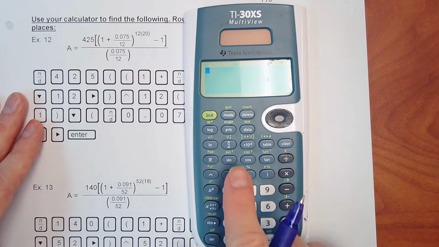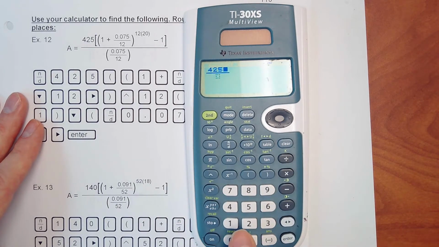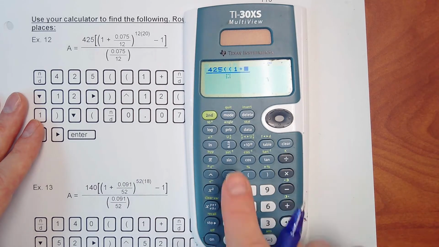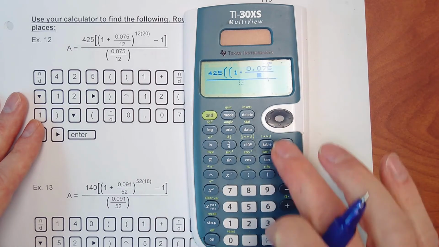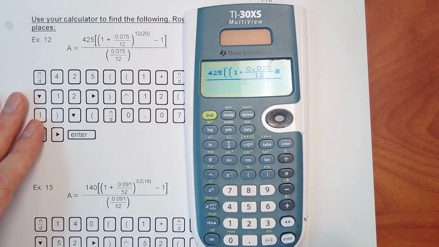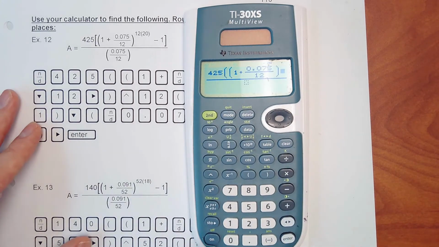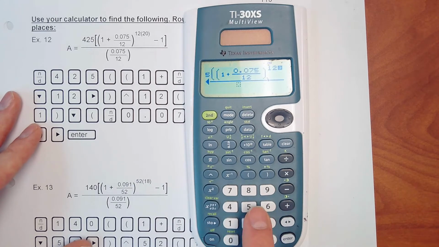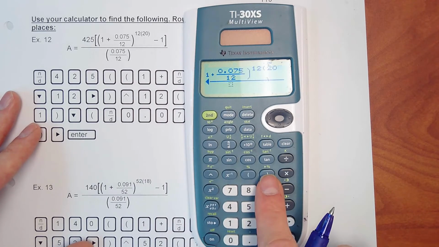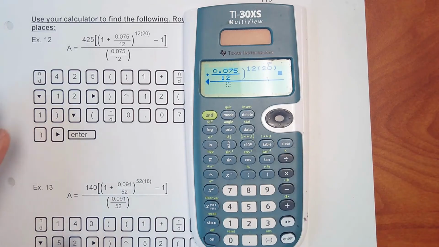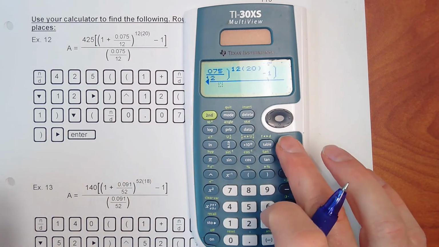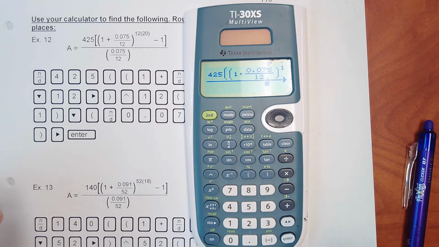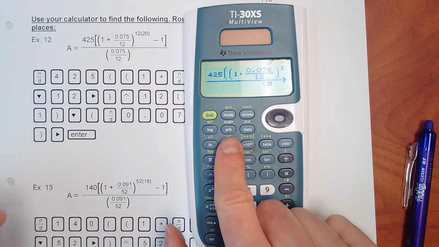Alright, so again, I'm going to do my fraction key, 425, parentheses, parentheses, 1 plus, fraction key, 0.075, down arrow, 12, right arrow, close her off, caret key, 12, parentheses, 20, close it off, hit my right arrow key, and remember, hit subtraction, subtraction 1, close it off, hit the down arrow, get to that denominator, do parentheses, fraction key,